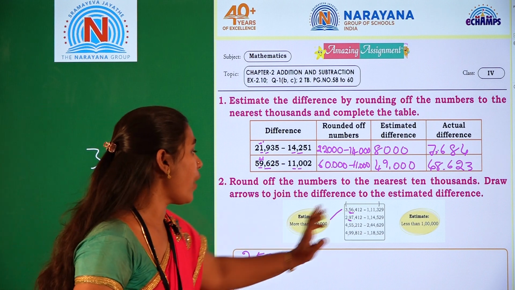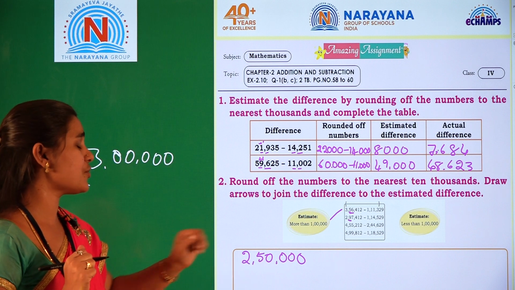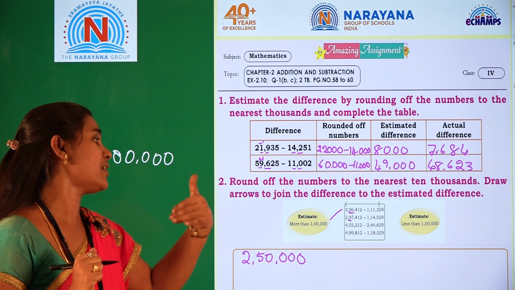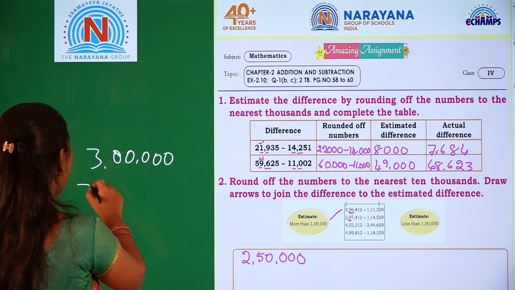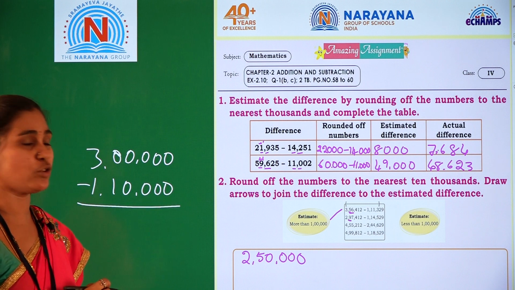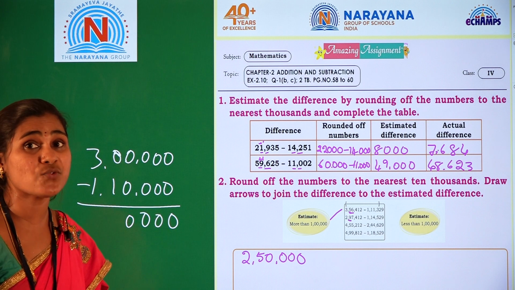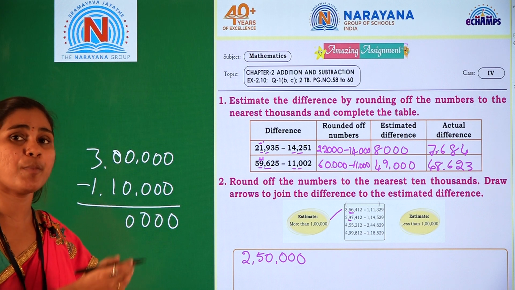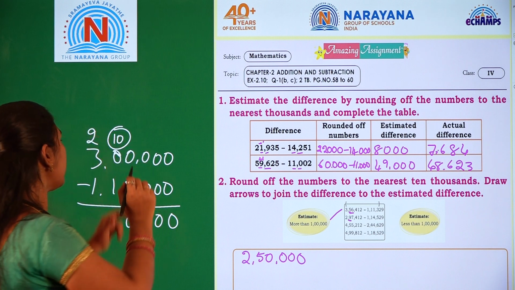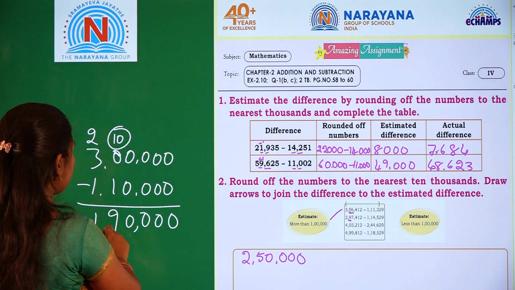Minus 1,14,529. Here also we can observe, underline the 10,000s digit. The beside digit is less than 5. Then the 10,000 stays as it is. Means 1,10,000. Now subtract those two. 0 minus 0 is 0, and so on, until 0 minus 1. 0 minus 1 is not possible. Borrow from the number before; it becomes 10, and the 3 becomes 2. 10 minus 1 is 9. 2 minus 1 is 1. The answer is